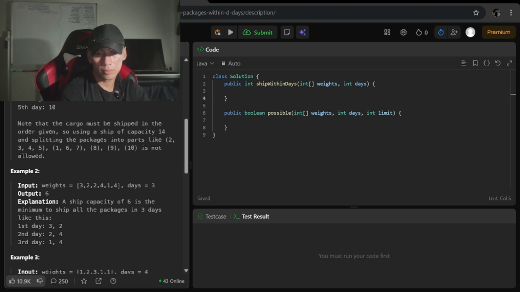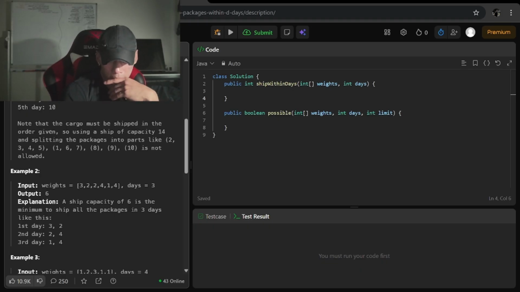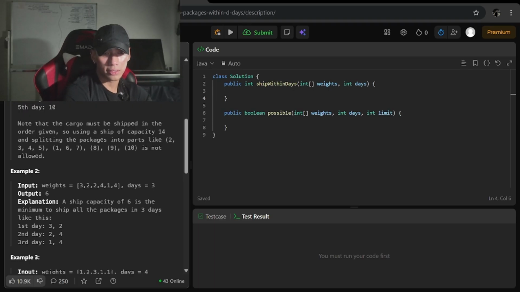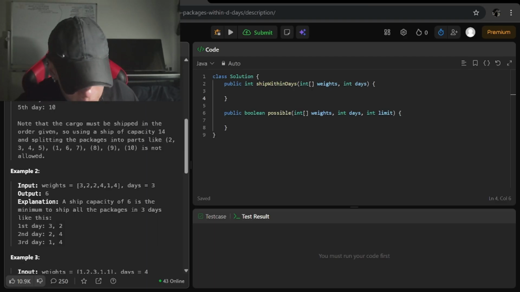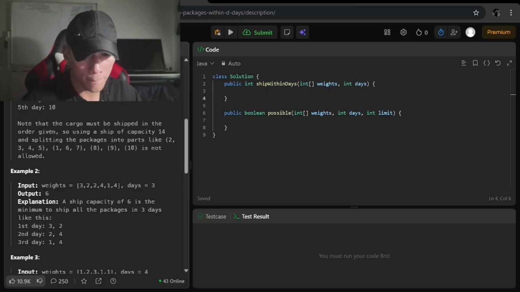So how can we use that? So it's sorted. We know it's sorted. So we can just have like a range 4 to 16, like 4, 5, 6, 7, 8, 9, 10. Yeah. But what does that actually mean? Is that just it? I think that's what we just put into possible, is it not? Yeah, I think it might be. So we run a for loop in here within that range.